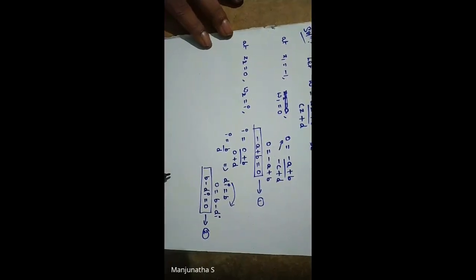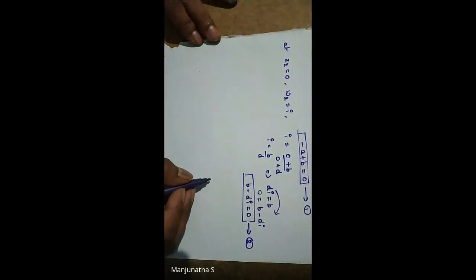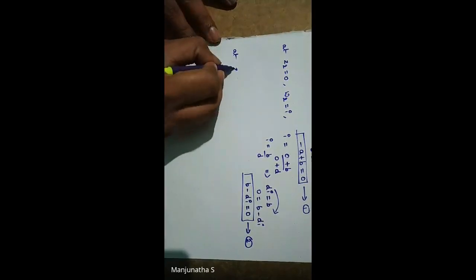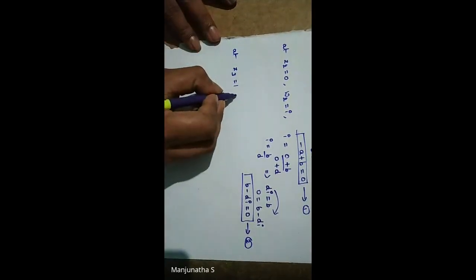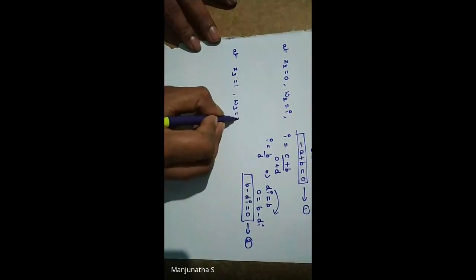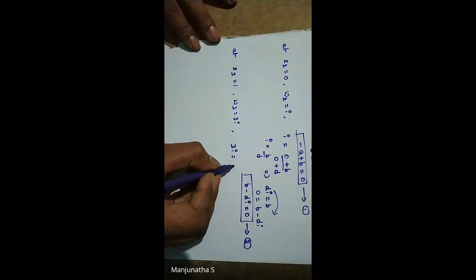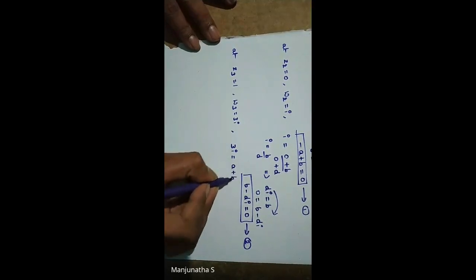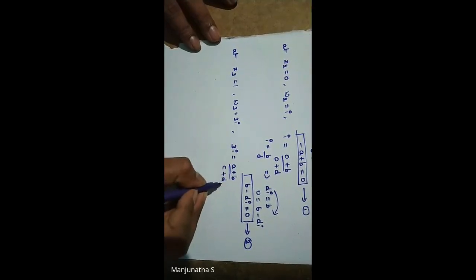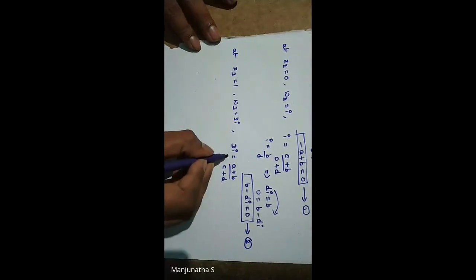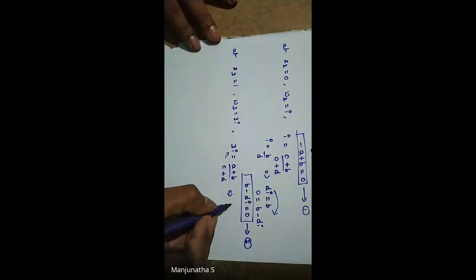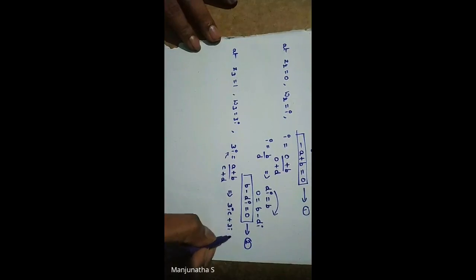Yeah, correct. Next, the third one, which is very, very important. Z3 is equal to 1, that is there in your question, and W3 is equal to 3i. So what will we get? 3i is equal to 1 into a, that is a, plus b divided by c plus d. Correct? So now what will we get when you send this denominator to the other side? It becomes 3ic plus 3id is equal to a plus b.